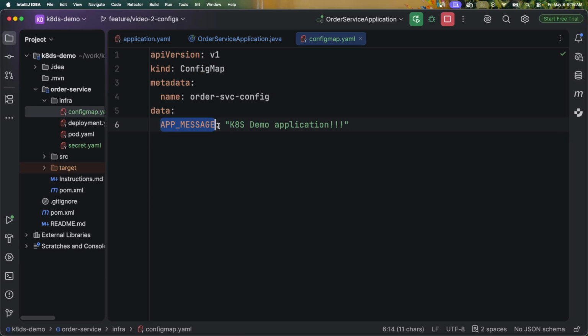Now the pattern is generally these properties are injected as environment variables, and environment variables by convention are written in uppercase. So we are following that convention, but if you change it to, let's say, lowercase, it would still work. And you can see that the underscore is used as a separator